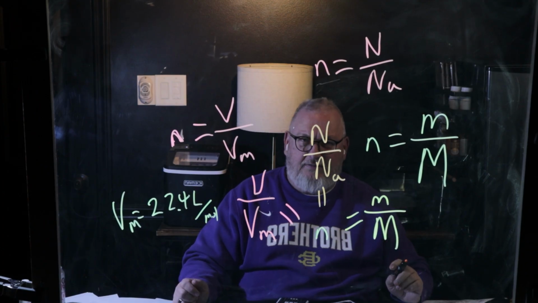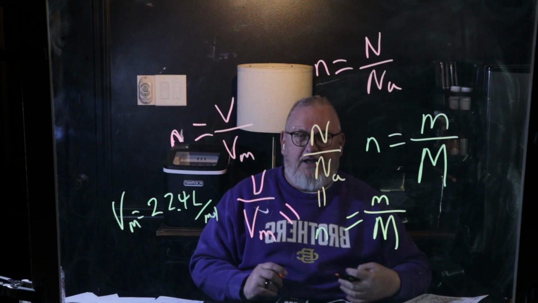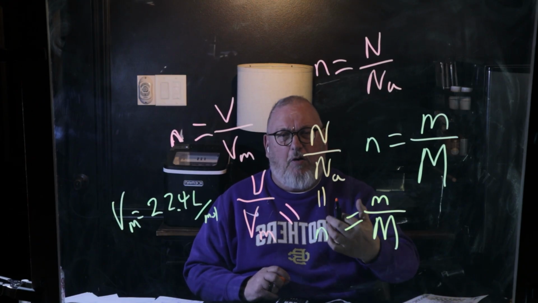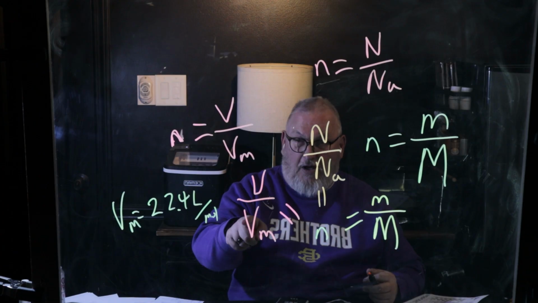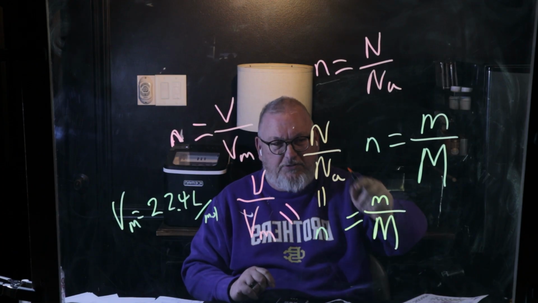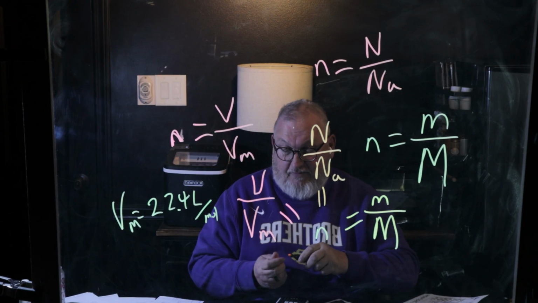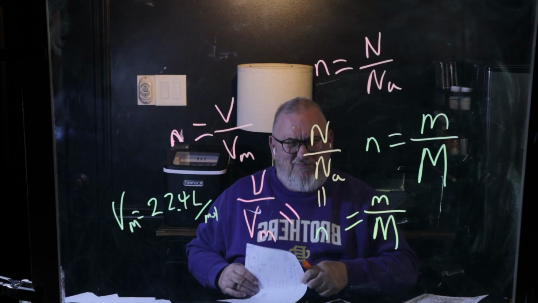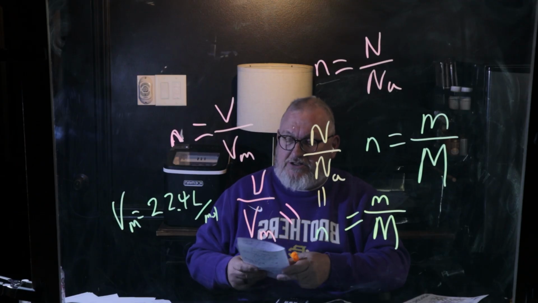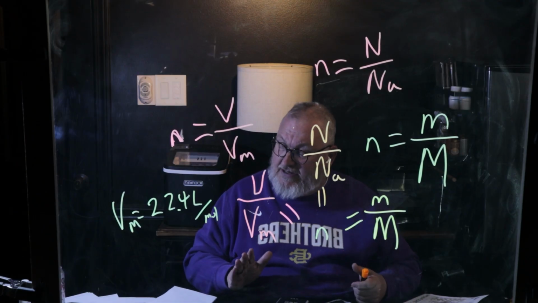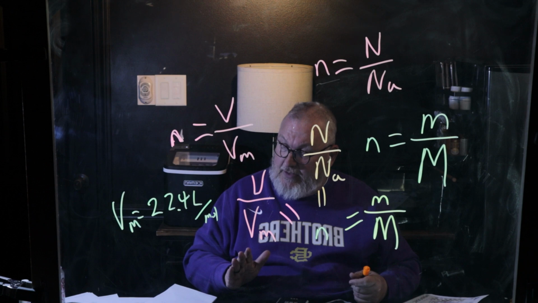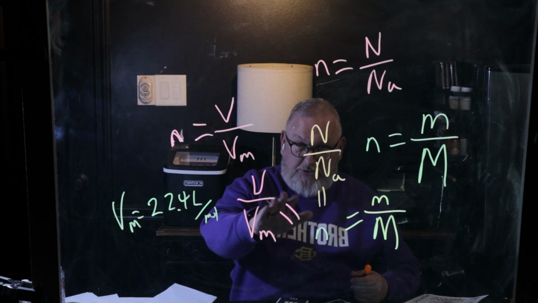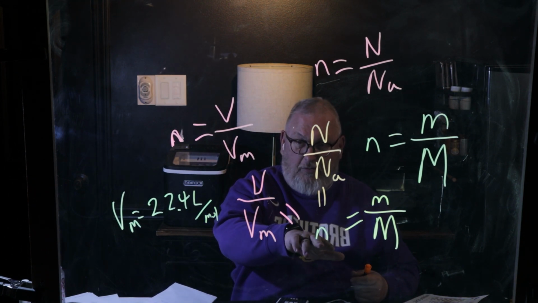So now we have a way to find the number of moles from volume, from particles, and from mass. So let's make it simple. We can memorize all that stuff, or just know if we're going to find moles,